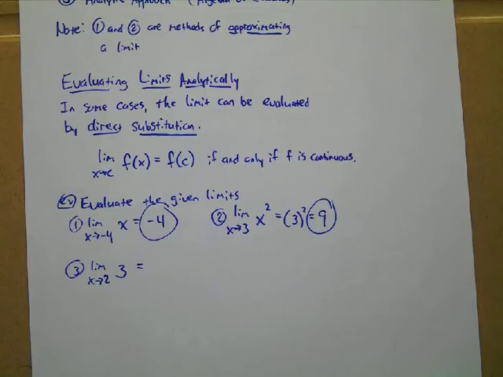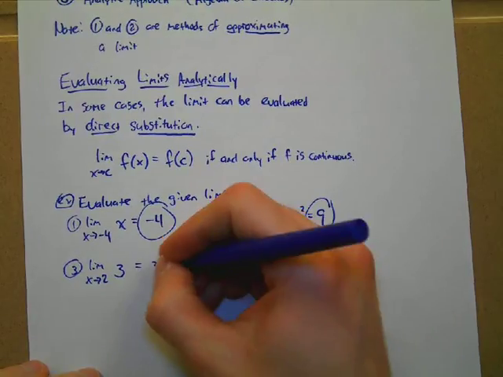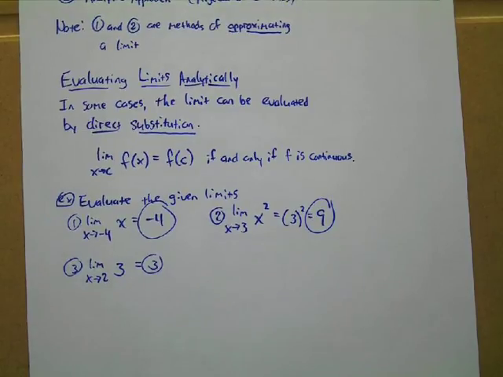Any limit, the limit as x approaches any number of 3 will be 3. It's going to give you the constant 3. For number 1, the limit as x approaches any number of x will just be that number. And for this one, it's going to be the number squared. So it is very similar, deceptively similar, to evaluating the function at a particular point. But